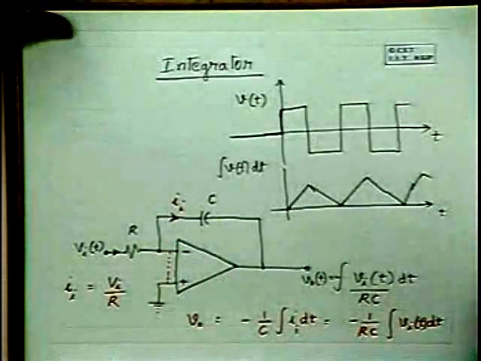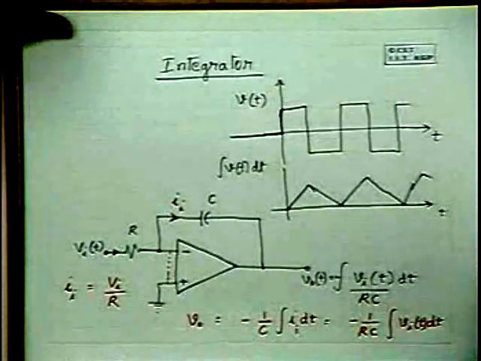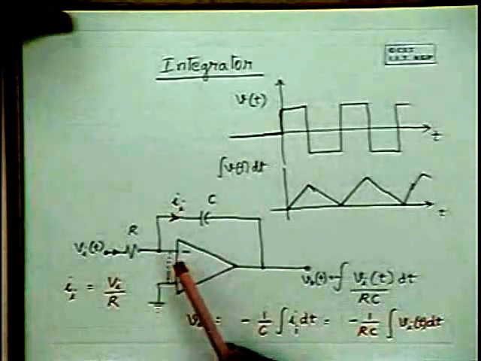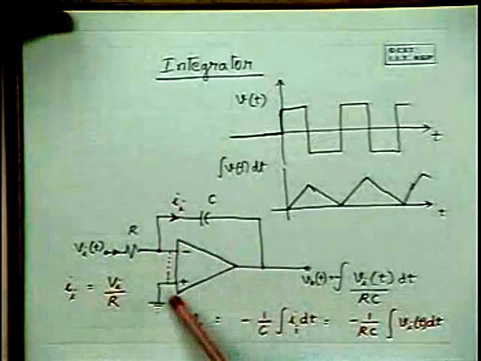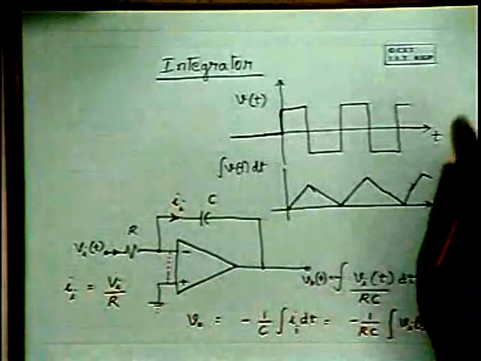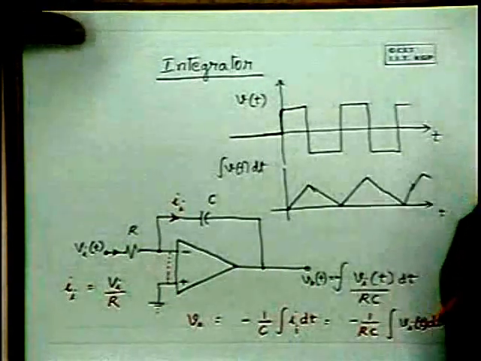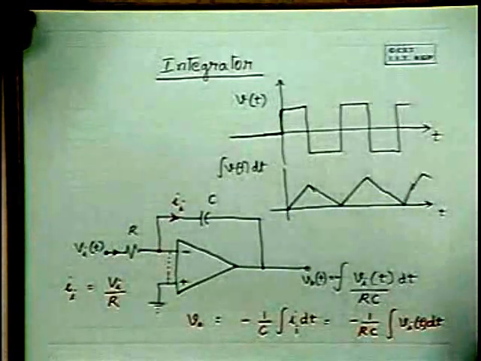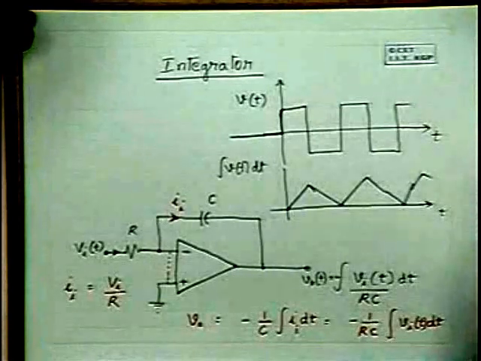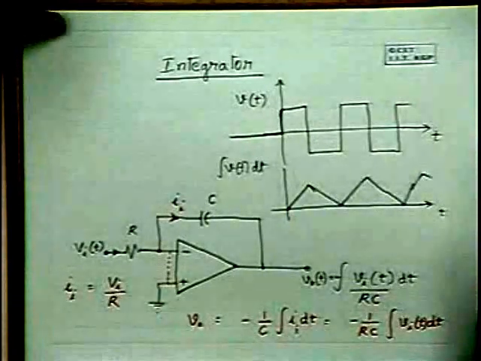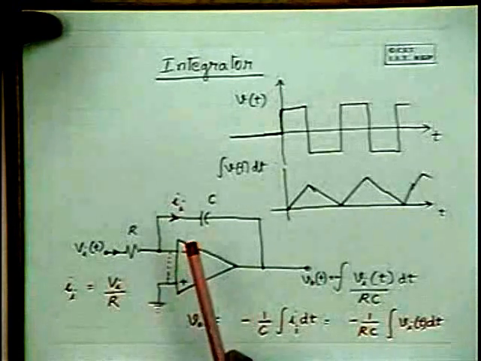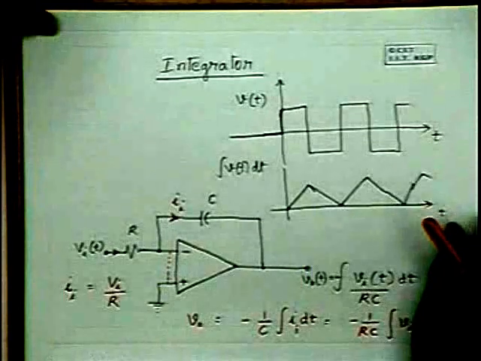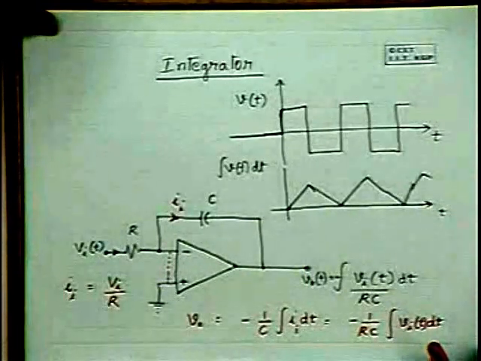Any other question? Why can't we ground the negative terminal and apply the feedback to the positive terminal? I have explained this point earlier, that the feedback we apply is negative feedback, for stability of the various parameters of an amplifier, and that's the reason why we apply the feedback to the negative terminal and not to the positive terminal. Any other question?